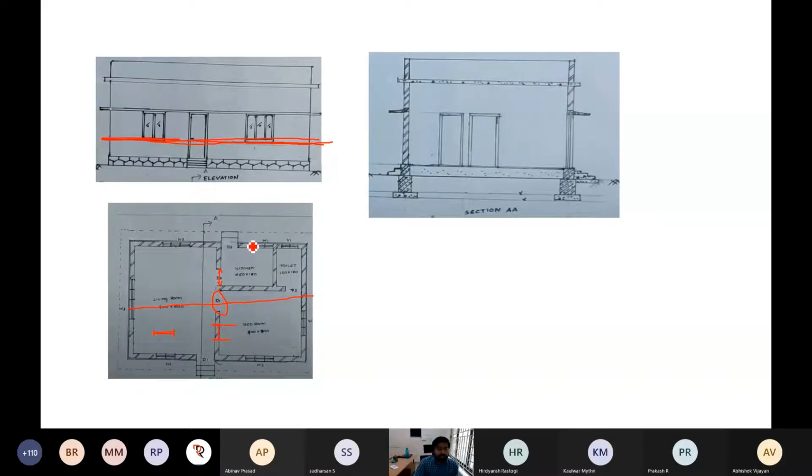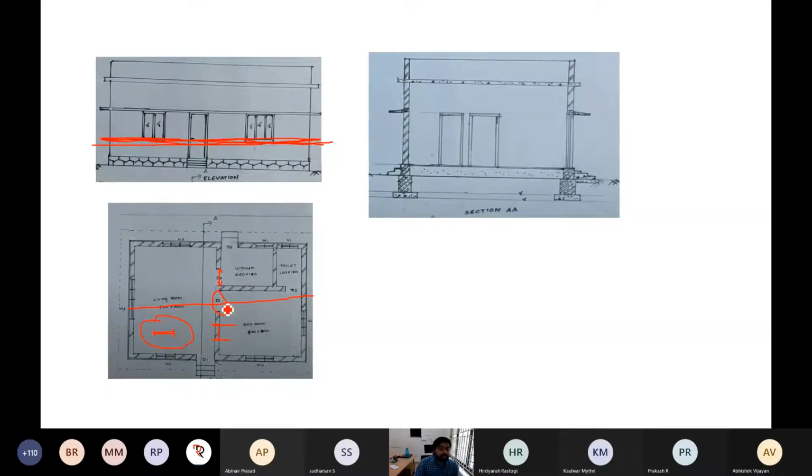Okay, so the two or three things you need to know always: the wall should be 20 centimeter thickness and it should be hatched. Why are we doing hatching? Because it's a cutting plan, a section plan. You are cutting from here, that's why whatever you are seeing from the top view should be a section. Sectional plan, that's why you need to do hatching. Then while you draw windows, you will draw this way in order to represent the windows.